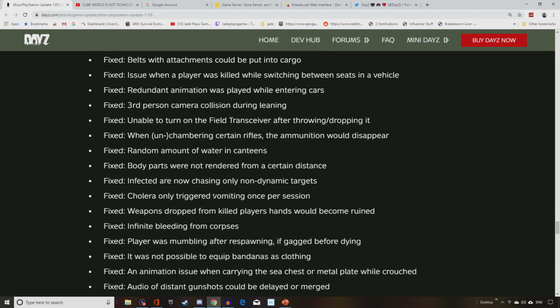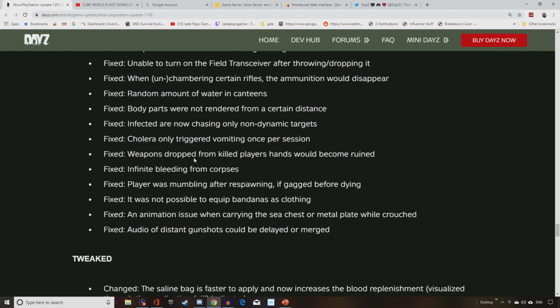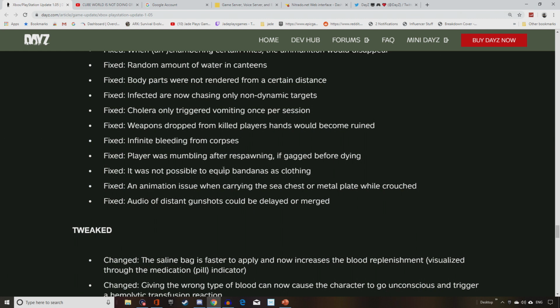Body parts were not rendering from certain distance. Affected now only chasing non-dynamic targets. Cholera only triggered vomiting once per session, that's been fixed. Weapons dropped from killed players' hands would become ruined, and infinite bleeding from corpses. They've also fixed bandanas now working as clothing, and lots of stuff to do with audio and gunshots not working